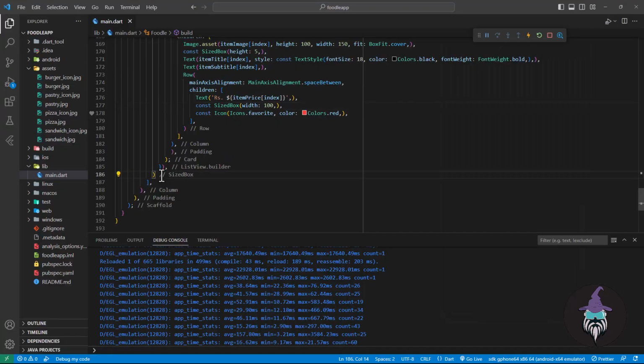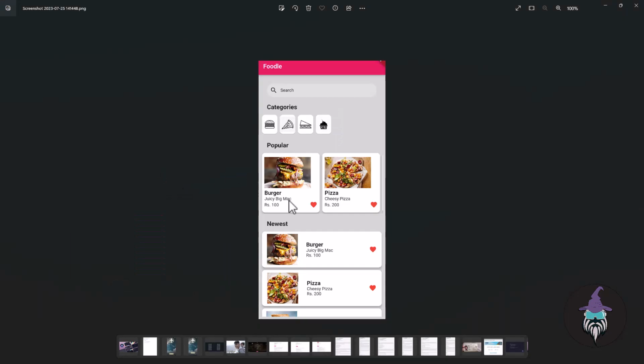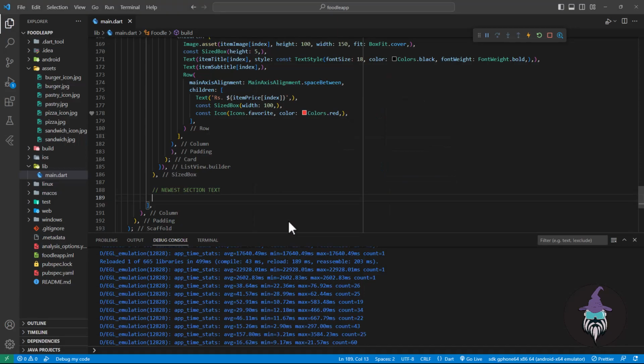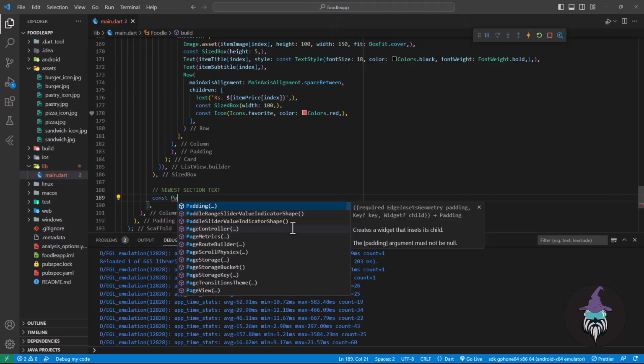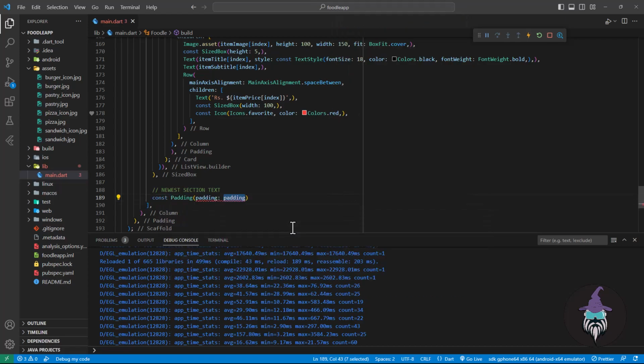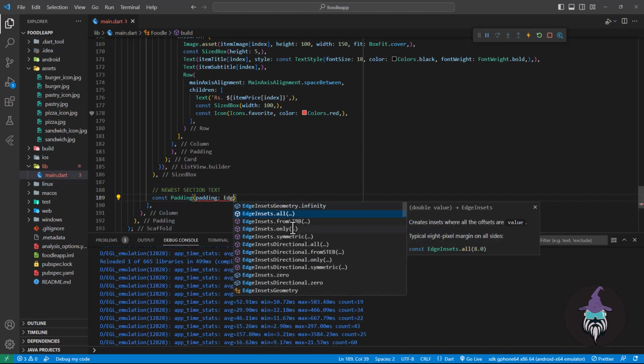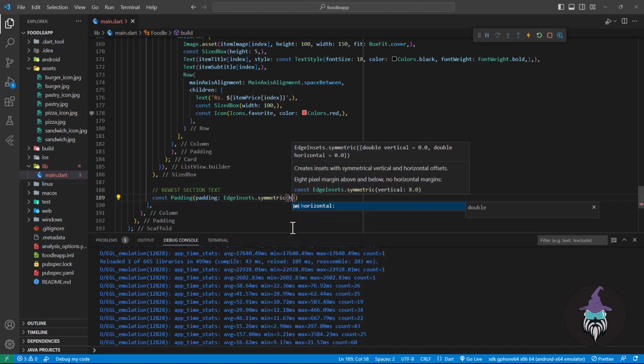So below this size box, add a comment saying newest section text, and just like all the other text, we will use padding. So constant padding of edge insets dot symmetric horizontal 20,